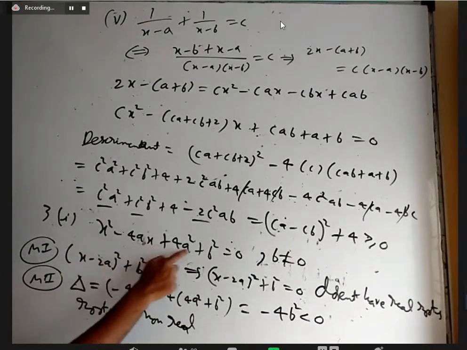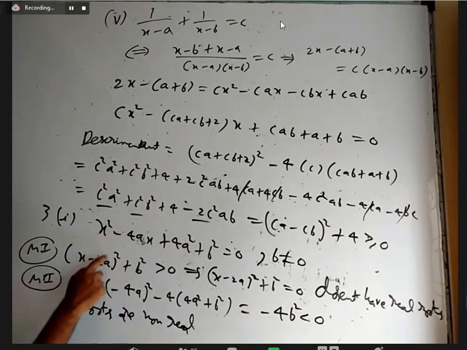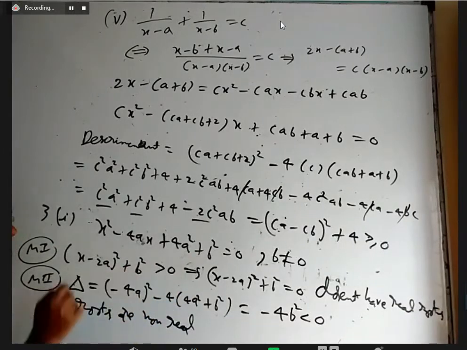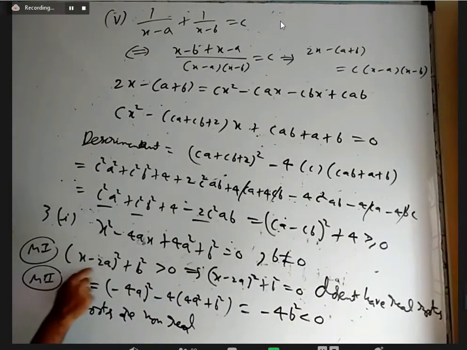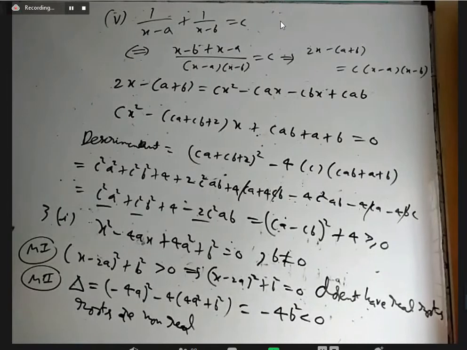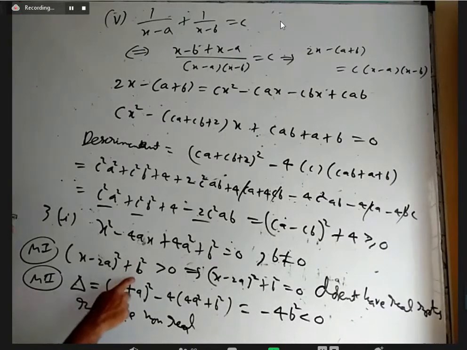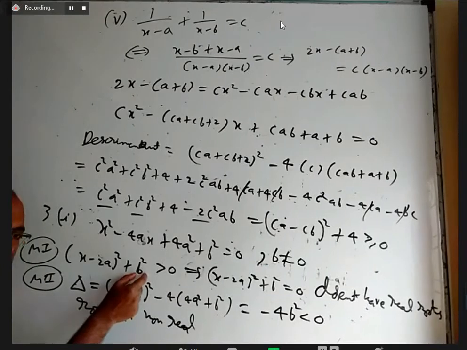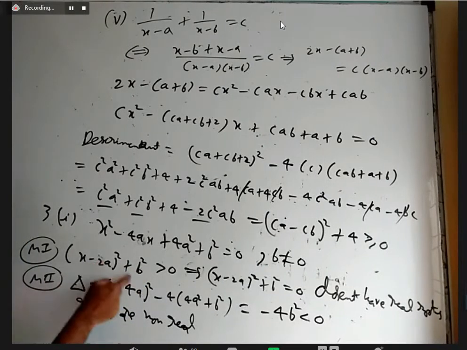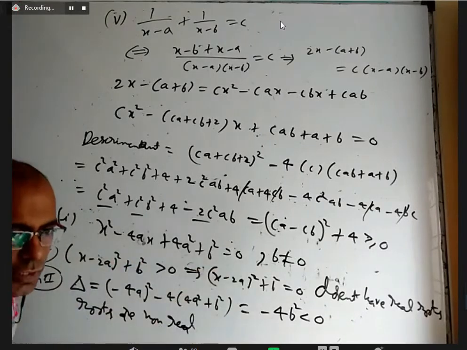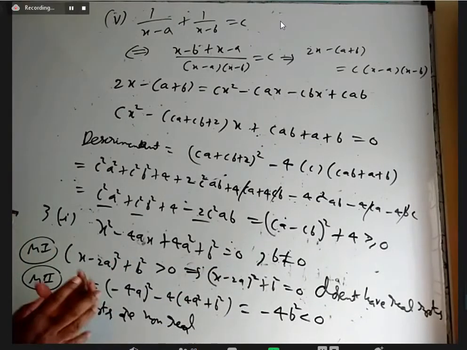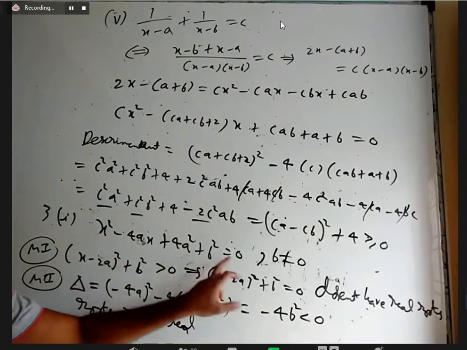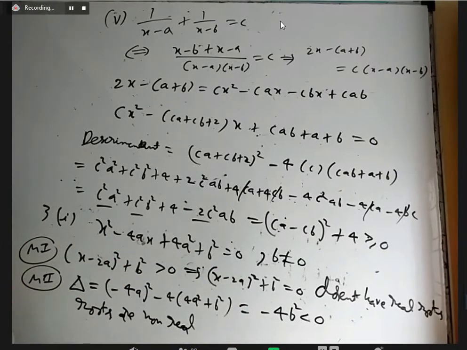This together is a perfect square, which is (x minus 2a) whole square plus b square. (x minus 2a) whole square is always positive because of the square. It may be 0. b square is always positive. It cannot be 0 because already mentioned b not equal to 0. So this is positive and this is 0 or positive. When you add them, it will be definitely positive. If it is always positive, how can it be equal to 0? It cannot be 0. That means there is no number x that, when you substitute, equal to 0 can come. That means it doesn't have any real roots.